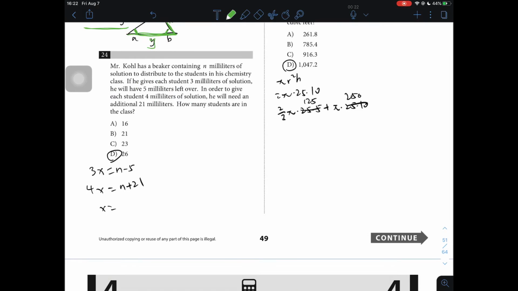And Mr. Cole, okay, what are you doing? So he said he gets 3 milliliters, he will find that some are left over. With 4 milliliters, he will need an additional 25 milliliters. So he just says the number of students is x. So it's 3x,